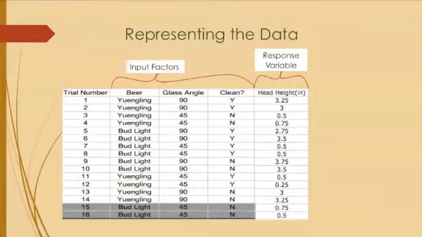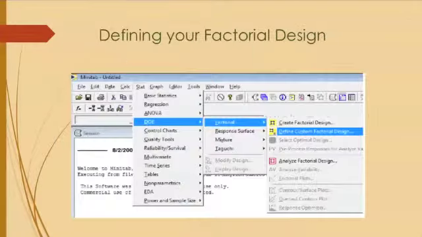And what you're going to see is the beer, the glass angle, and the cleanliness here are our input factors, and the response variable of the head height is what you're going to record as you go through the experiment. You're going to represent it exactly like this in Minitab,